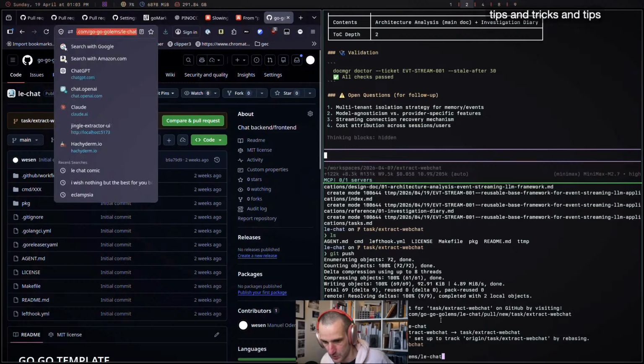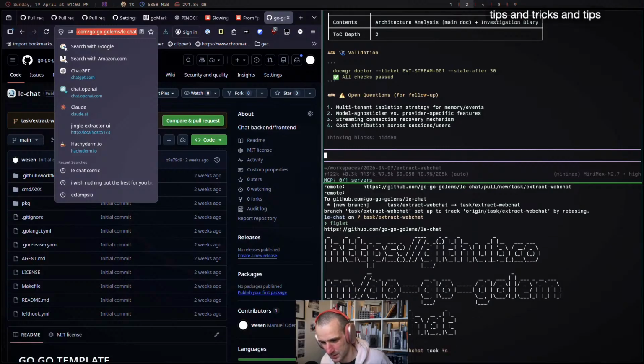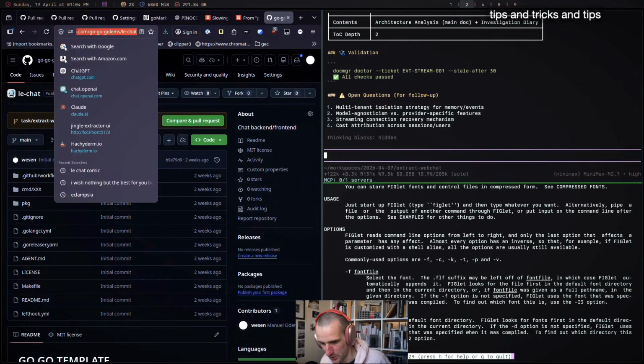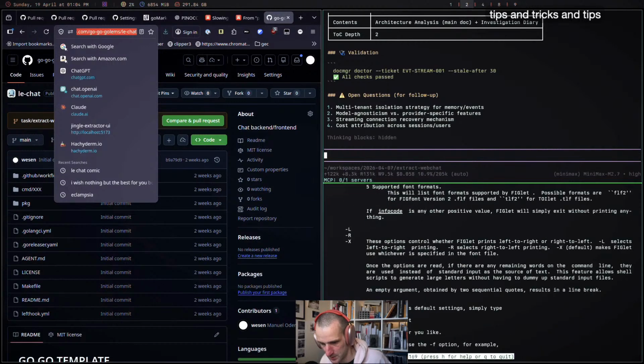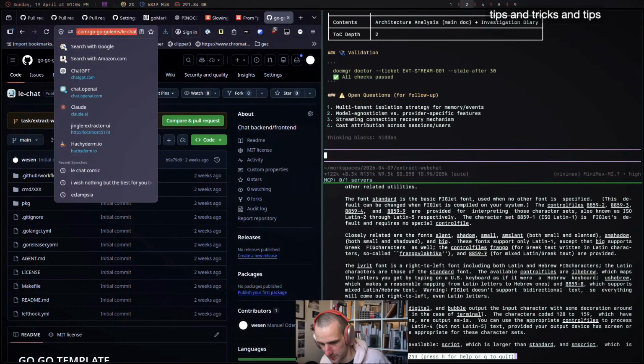Let me try to... Oh my God, this is not very clear, is it? Is this good? I don't even remember all the fonts that you have with Figlet. Figlet, F script. How do I do F?